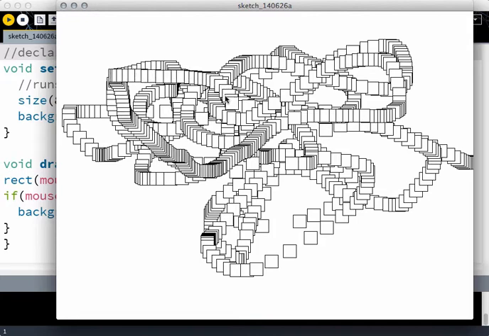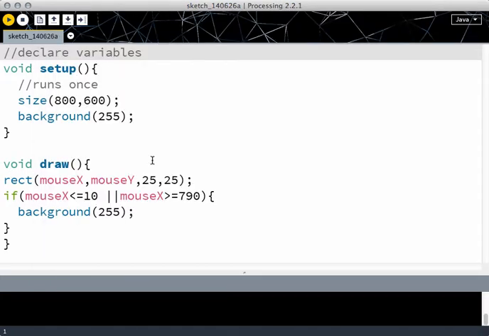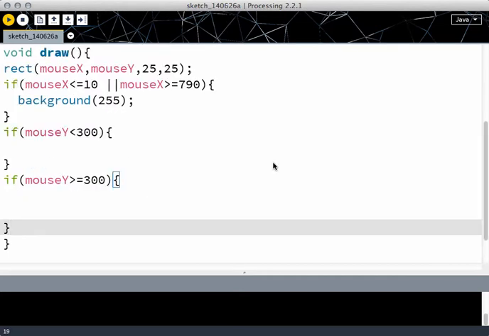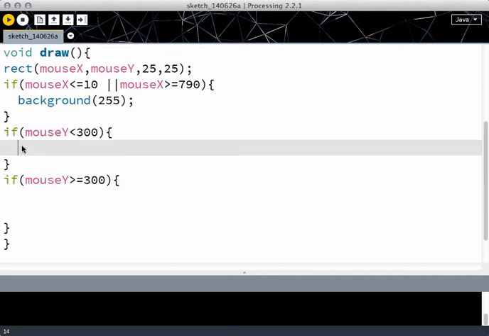Alright, so let's add a couple more things. So I'm going to pause the video and add a couple more commands. Okay, what I've added now is if mouse Y is less than 300, and I've left it blank because I'm going to talk about it as I code it in, and if mouse Y is greater than or equal to 300. So what we're going to do is the fill command. So if it's less than 300, meaning since the screen is 600 pixels high, if it's in the top half,